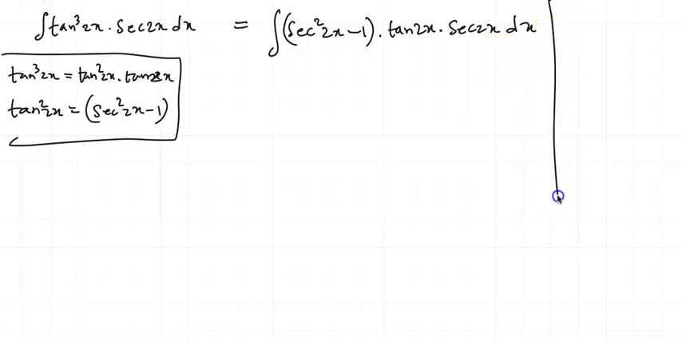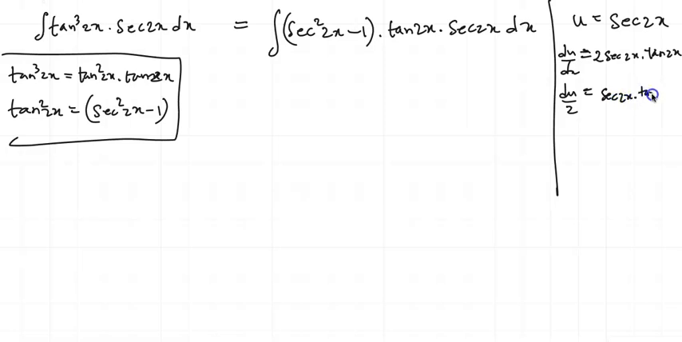So now let us consider u equals to secant 2x, then du by dx equals to 2 times secant 2x into tan 2x. So du by 2 is equal to secant 2x into tan 2x into dx. So now we have to substitute this by du by 2. So this will become integration of u square minus 1